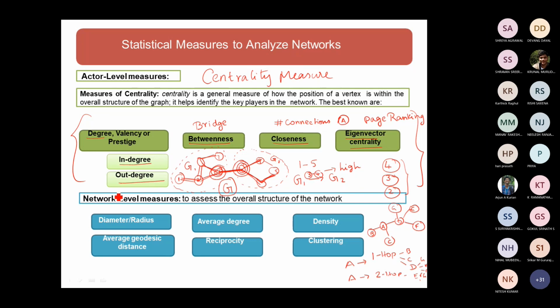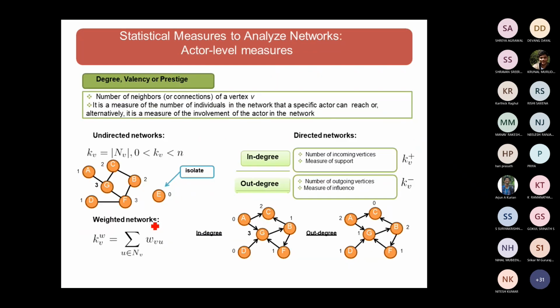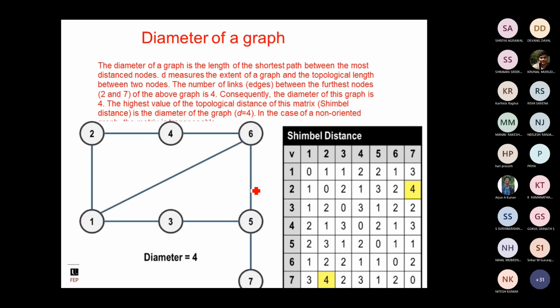Okay, for a given graph. Now for the overall structure of the network, we can find out the density, the average degree, which is the sum of the degrees divided by the number of nodes that we have. Diameter is nothing but the longest shortest path that ever exists between two different nodes in the network. And then geodesic distance, the average length of the shortest paths in the network, is the average geodesic distance, and then clustering, and then reciprocity. So it will tell how closely the nodes are getting connected. We'll see some of the overall network structures. I hope we have seen all these things.